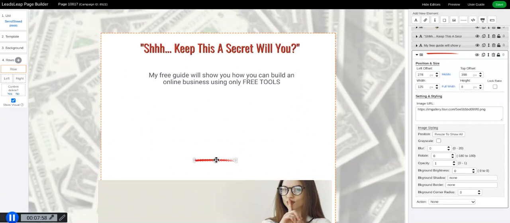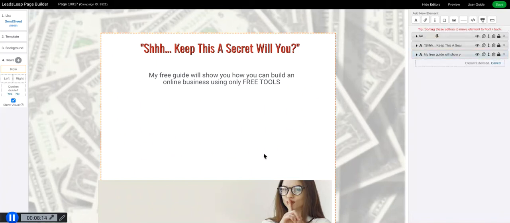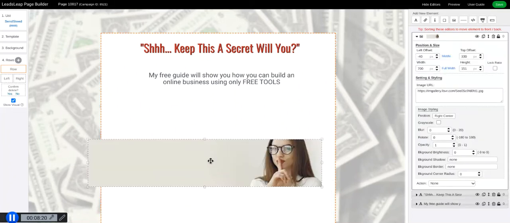So say for example I don't really want that red line here, so I've clicked on it, so it's now open. This is the editor part for the little red line. So say I want to get rid of that, then I can just click here on the delete. So if I delete there, then it disappears from the screen. So if I want to move this back up again,